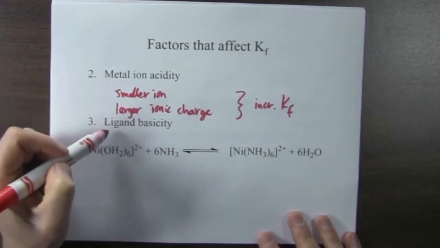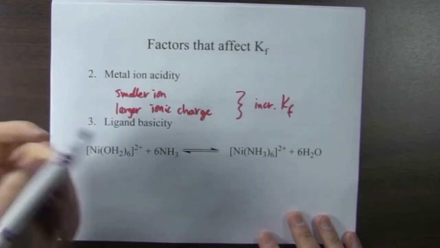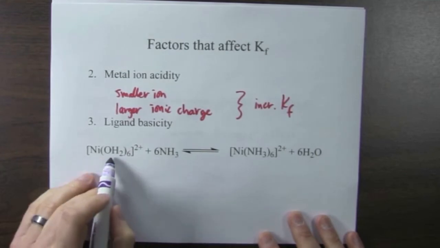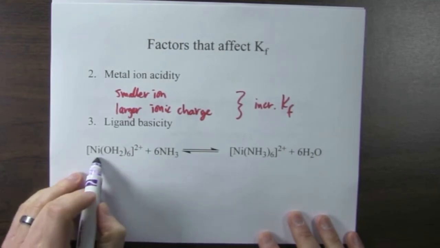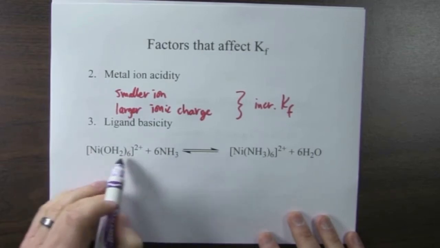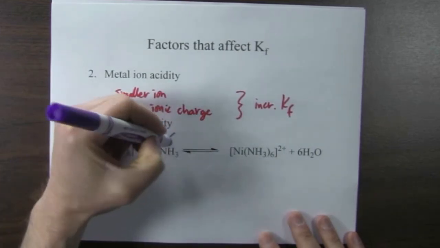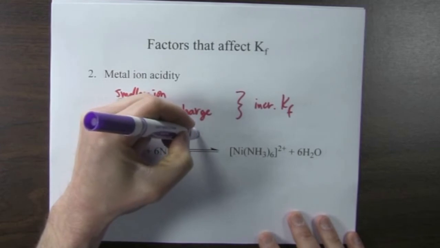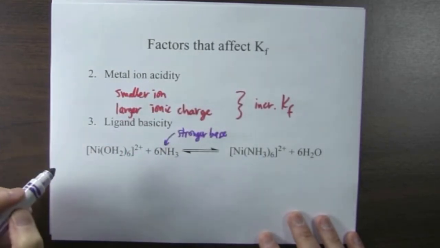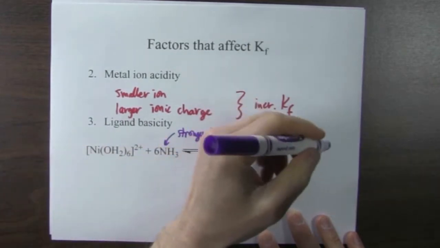We could also then look at the ligand side of the equation and how basic is the Lewis base of the ligand. So here we have an example of a water ligand bonded to the nickel ion and ammonia coming in to react, and we know ammonia is a stronger base than water, and so we would predict that this equilibrium constant is greater than 1,